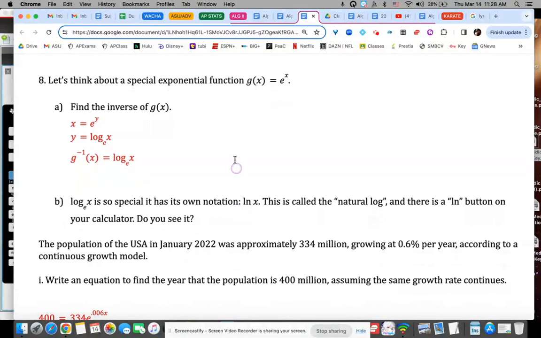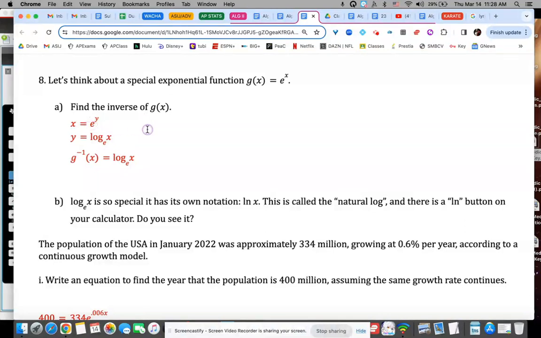Ooh, okay, something new. This is working with e a little bit. We've already seen e to the x. We've already worked with that for continuous compounding. What's the inverse of an e? Well, we made up a special base. We made up one with a log base e. Like in this case, I could just switch the x and y like we normally do, take the log of both sides like I always do, right? What I always do. When I do that, though, I am going to use the e as my base of